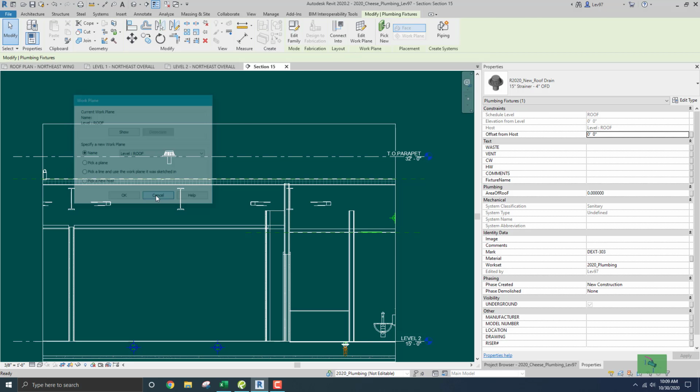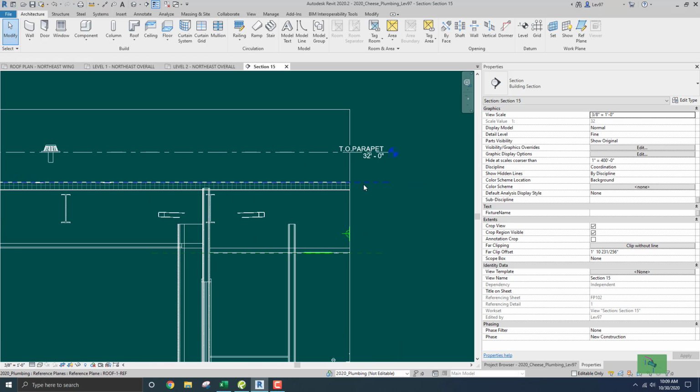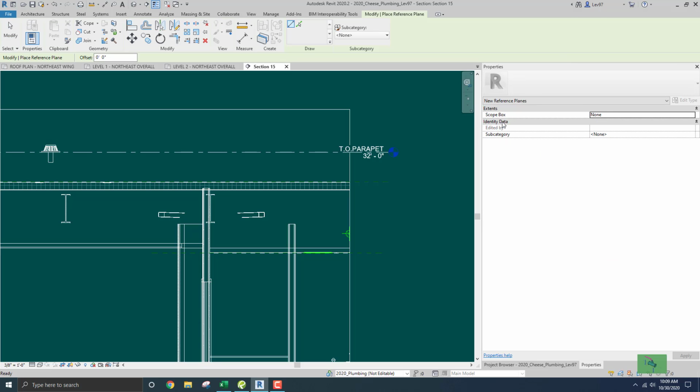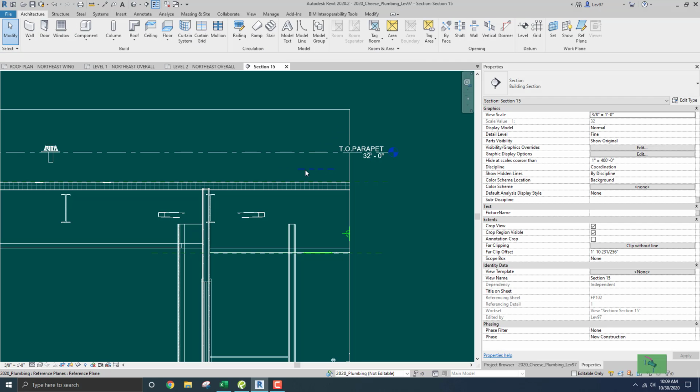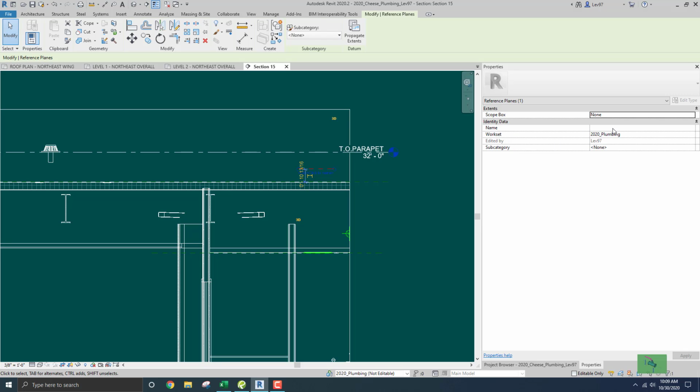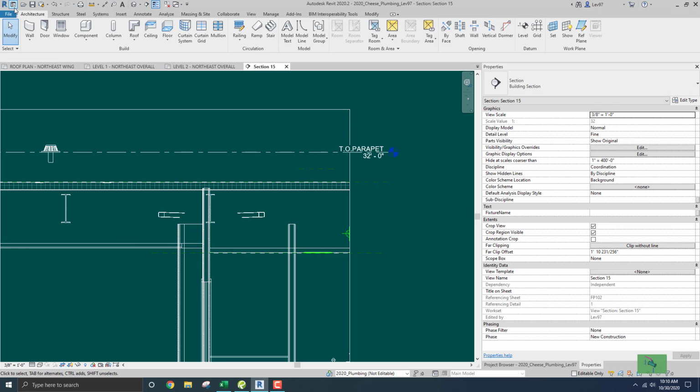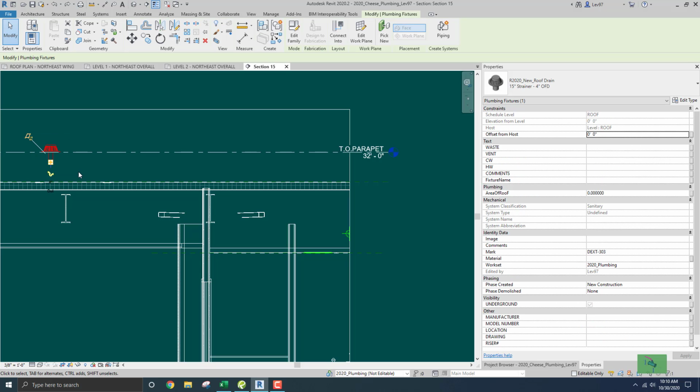And because I know that the work plane has been assigned, I think it's this one. Yeah, it's roof 1 ref. And that is, you can get that from here. You go here and you can assign, like say if I do it here and I click it again, then I can put a name on it here. So let's undo that. But because it's already been assigned, I'm going to highlight this roof drain, overflow drain, and